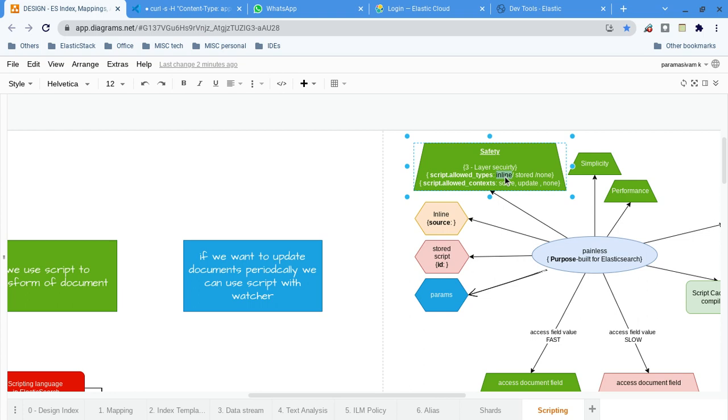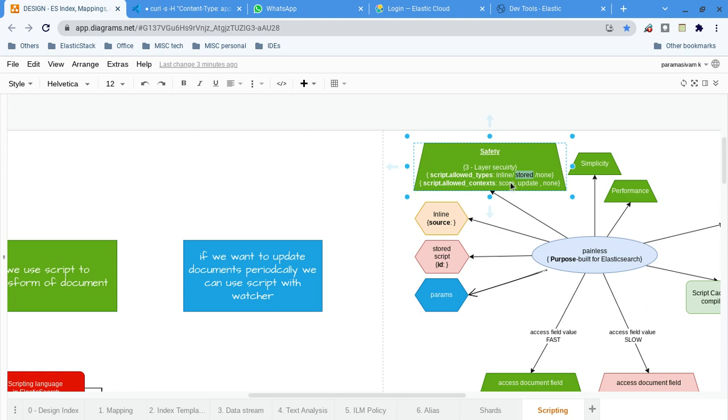So obviously those kinds of functionality may not be available, since our Elasticsearch is not allowing inline scripts to run, though Kibana has them built in. So some of the functionality within Kibana may not be available if you enable only the stored script, or if you enable none. That is the complication we have to remember. But if you want one more level of security, I can say allow only the stored script irrespective of Kibana functionality.